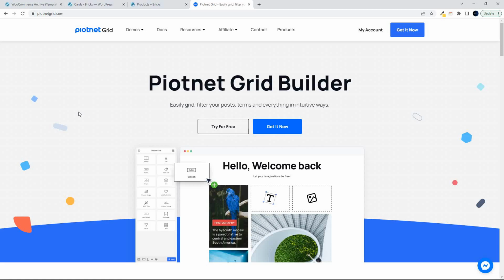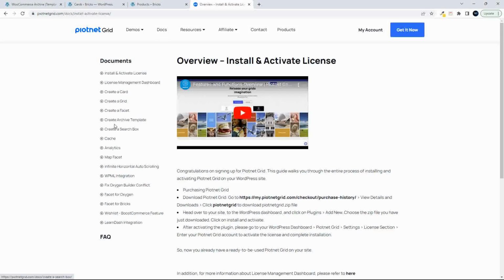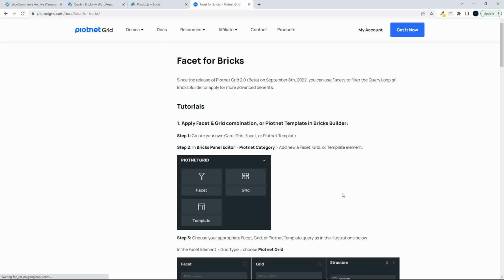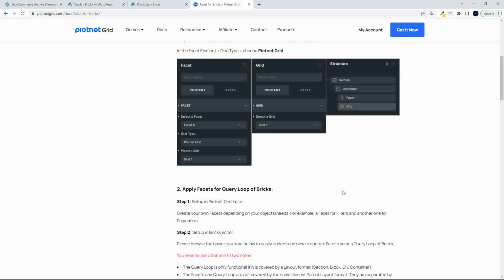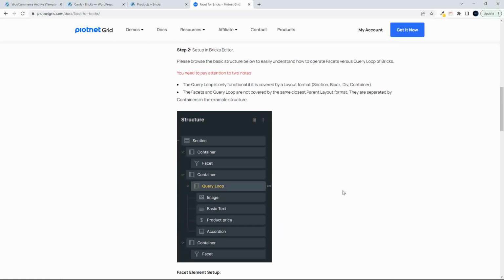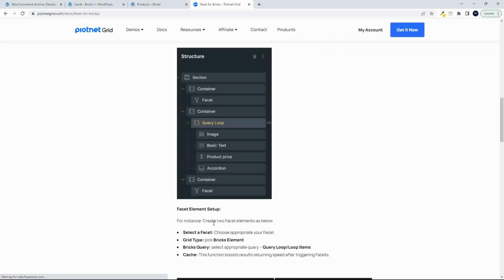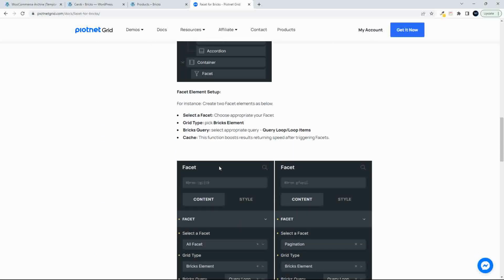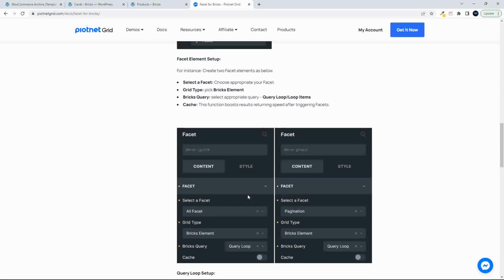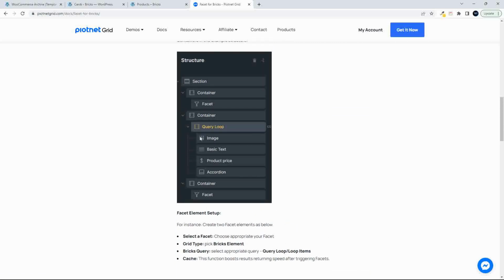In this video, we're going to have a look at the latest version of Piotnet Grid because it integrates with Bricks. So if we head over to their documentation and scroll down to facet for Bricks, you will see that they have an integration. Very basically, we have the section, and in the section you have your containers with your queries and your facets, and then there's a way to link those facets to the query